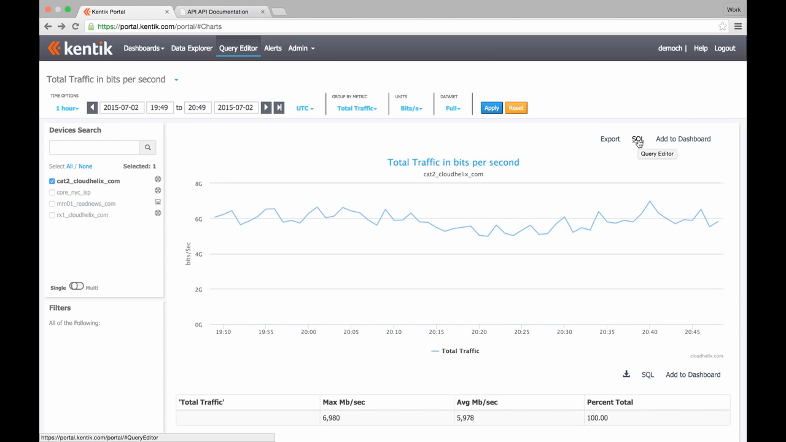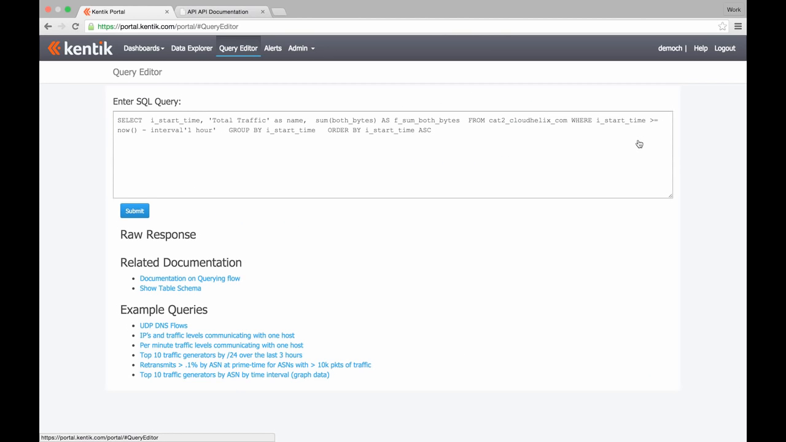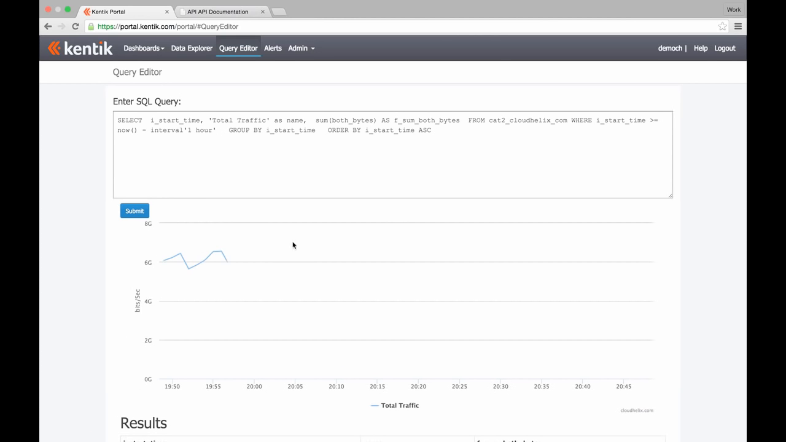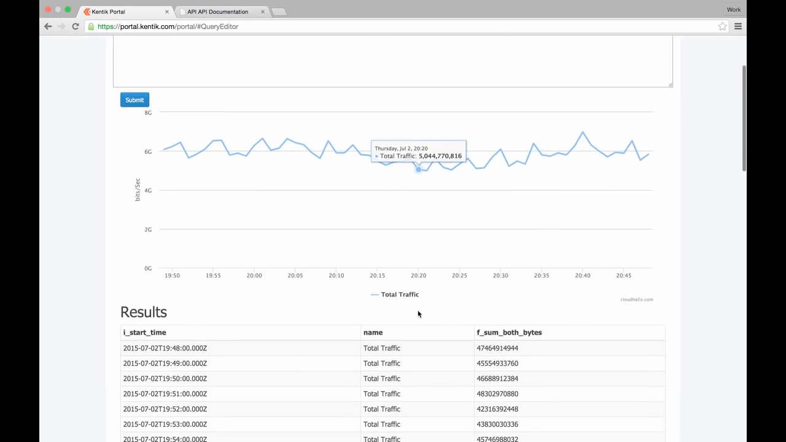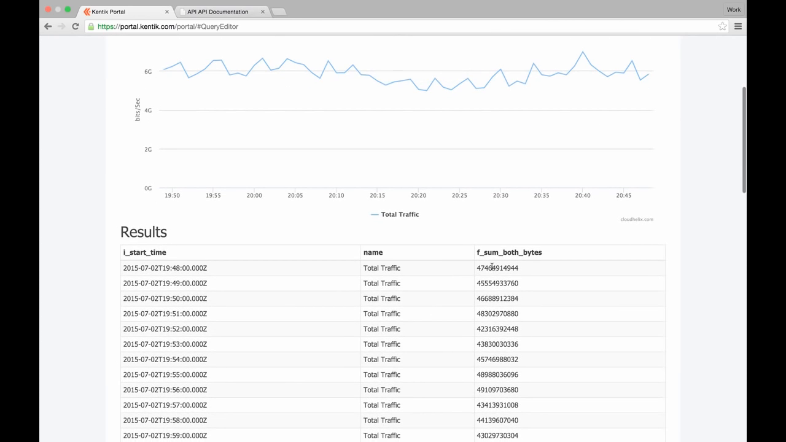queries. Clicking on the SQL button above any element takes us into the query editor, where we can view and edit the query behind that element. If we just run this query as it is, we get the same graph that we were just viewing in the Data Explorer, as well as a table with each row corresponding to the value for one of the points